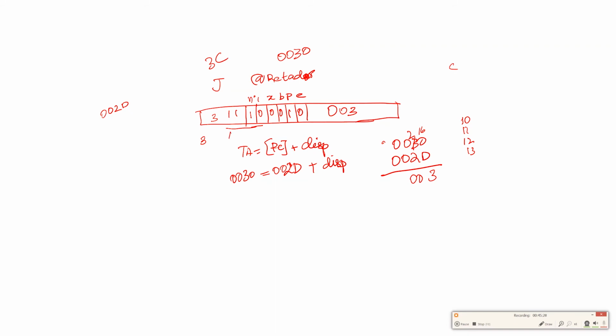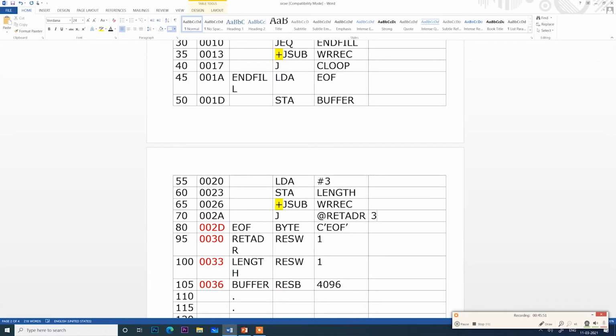So 14 is E. Then here it is 8, 4, 2. So E2, 0, 0, 3. So my answer is 3E2003. So I'll write there 3E2003.